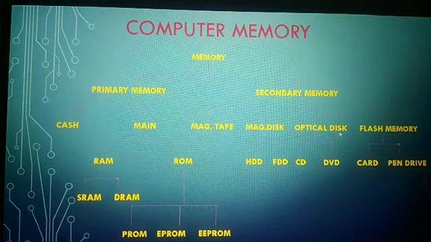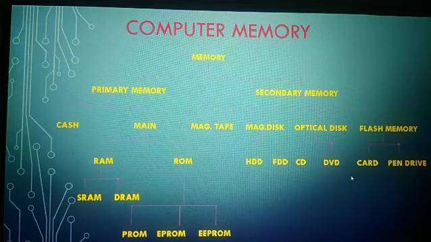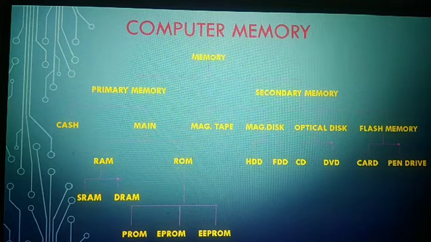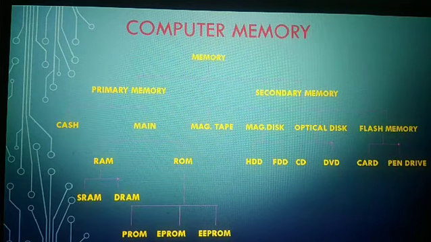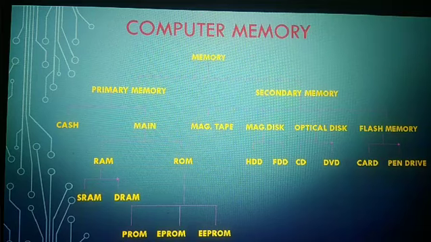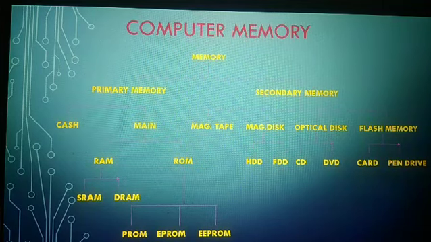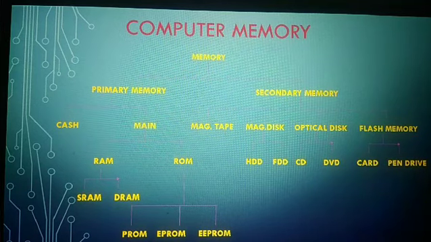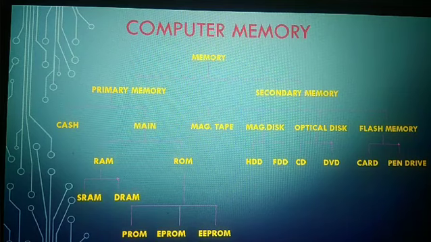Next optical device is DVD. DVD stands for digital versatile disc. It is similar to CD in shape and size, but has greater capacity to store a large amount of data. So it can store 4.7 GB data. So now we can store 4.7 GB data in a DVD. Also, we can store text, images, audio, video in a DVD.